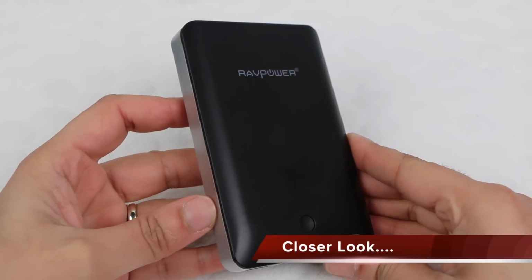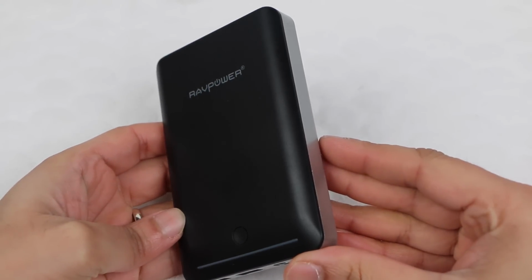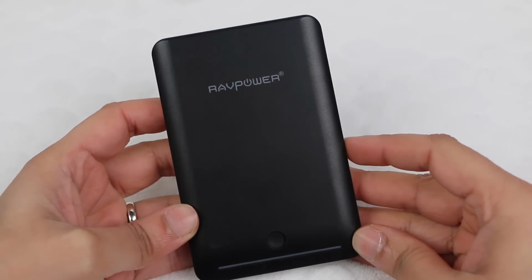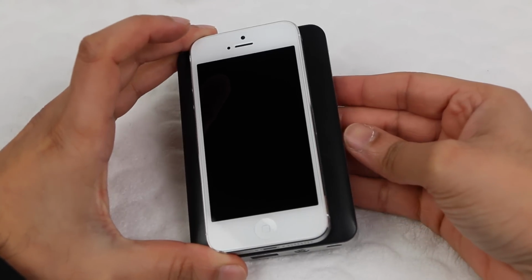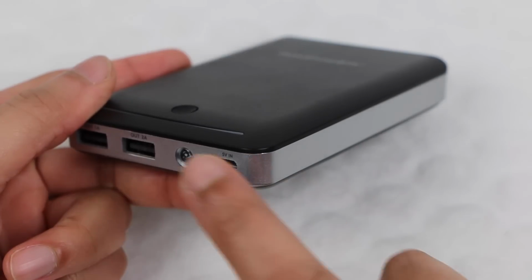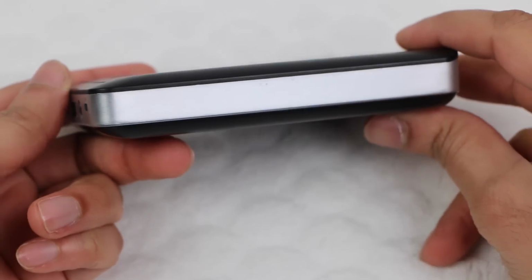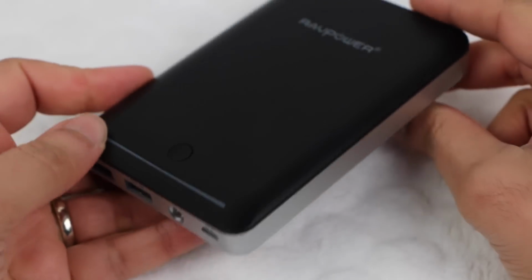The RAVPower external charger is basically a brick of power. Made from matte plastic and shipped in a white version as well as this black, the device is not a sleek, stylish battery pack case that you slide your iPhone into. This is a brick measuring roughly as tall as an iPhone 5, an inch wider and twice as thick. RAVPower did do their best to make the brick as sleek as a brick can be, however, so it has nice, rounded, scratch-resistant edges that feel good in the hand, and an aluminum edge that is somewhat reminiscent of the